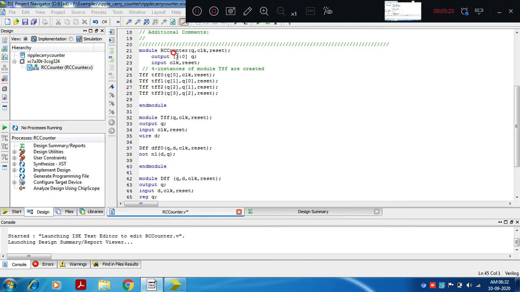We have developed code for the top level counter, RC counter, where the T flip-flop is acting as a component. 4 such T flip-flop instances are created. Instance means we are creating 4 actual T flip-flops with the names TFF0, TFF1, TFF2, TFF3. The actual component name is the same, but we are creating 4 such components. The same concept is used in object-oriented programming languages like C++.